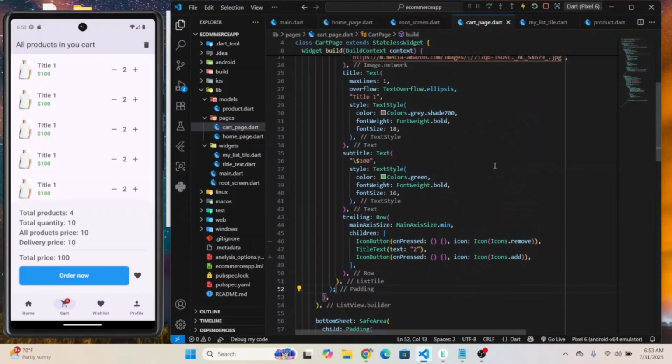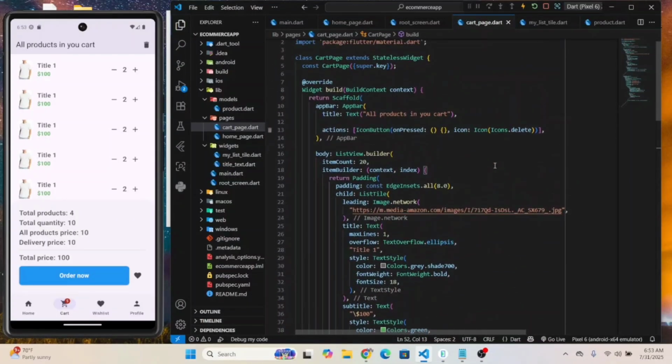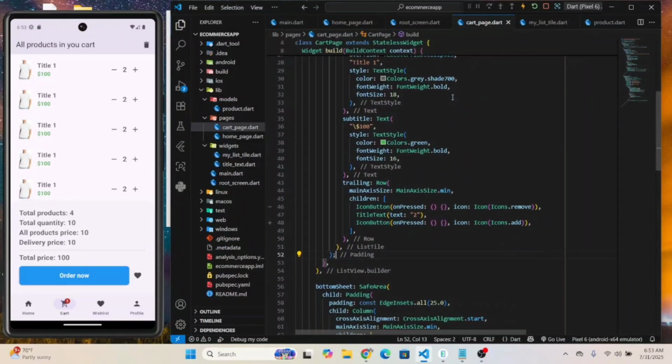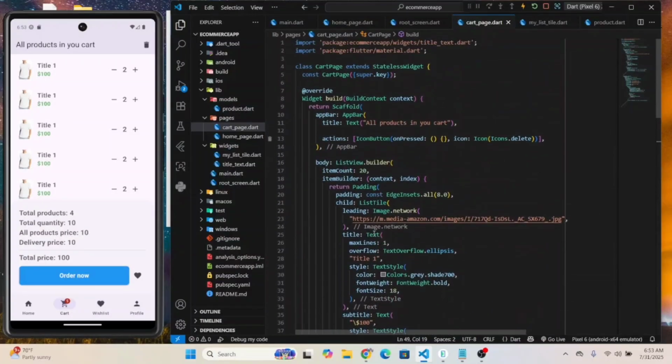Okay, and also, let's wrap this list view builder with the